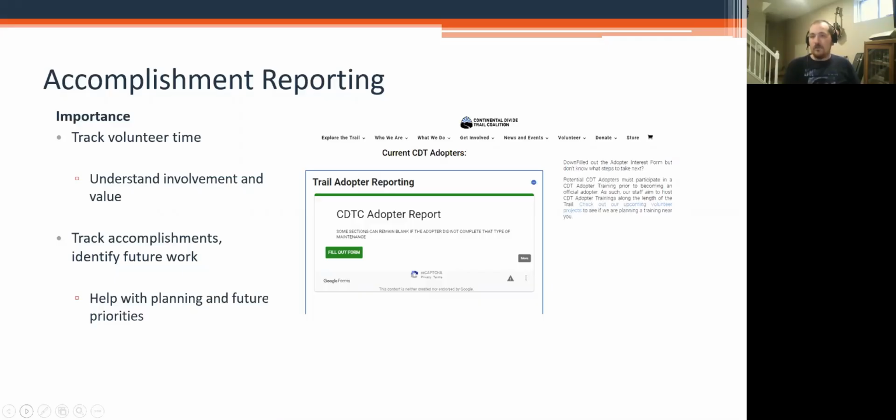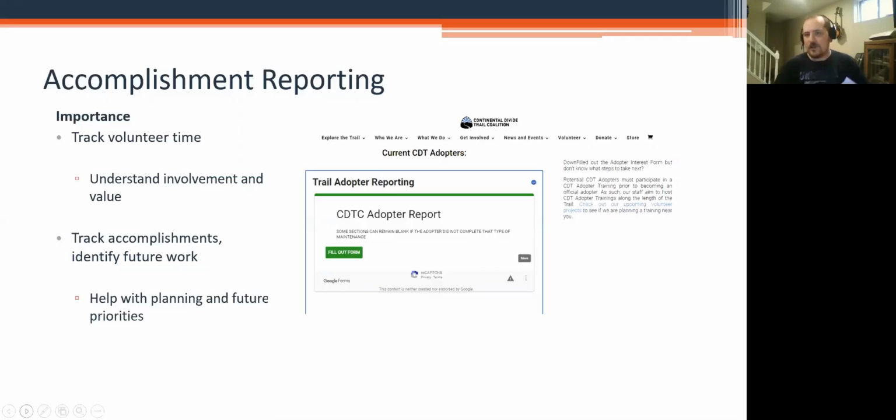And if you do require it, or you are asking people to do it, we're also suggesting that this is part of the training. Not only report on what you got done, but if you came across something that's outside the scope of what you're allowed to do, or a tree tipped over and fell on the trail and you weren't able to address it, you should still report on blowdowns, for instance. So it's both about what you did and reporting on things that you think should be prioritized for future work as well. And then with the specifics of how to report, I'm just pulling up an example here.